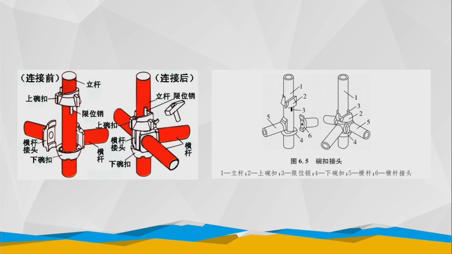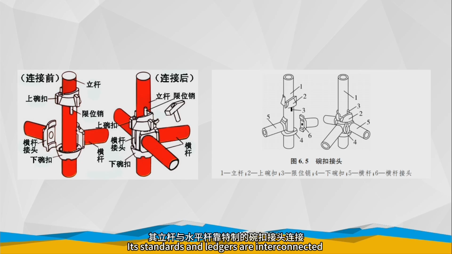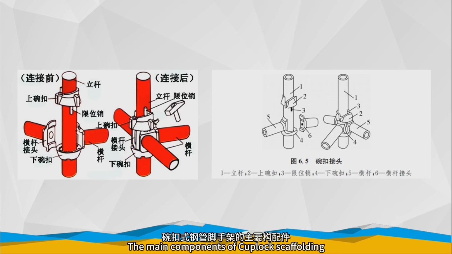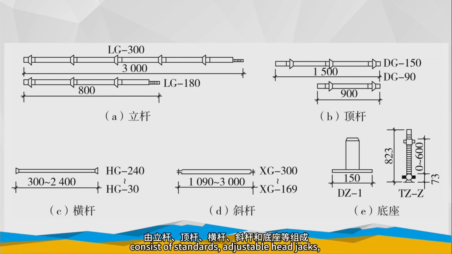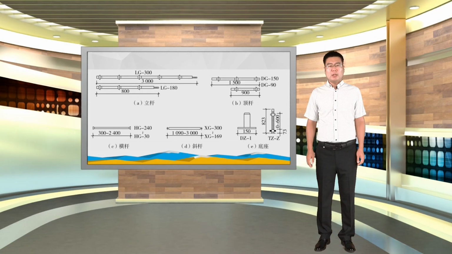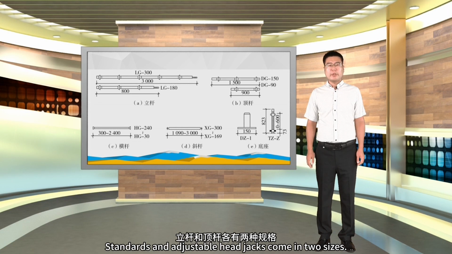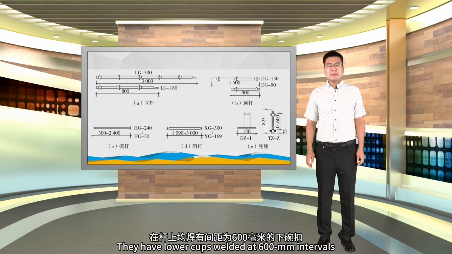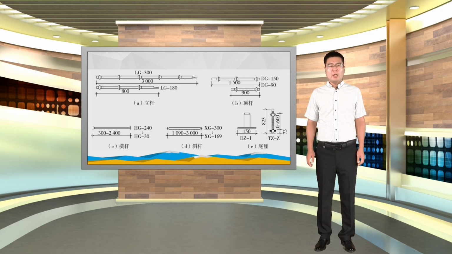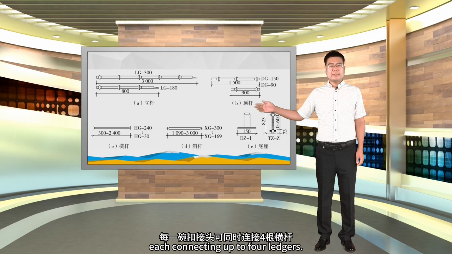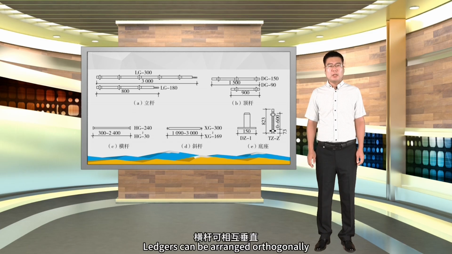Cuplock scaffolding. Its standards and ledgers are interconnected by proprietary cuplock couplers. The main components of cuplock scaffolding consist of standards, adjustable head jacks, transoms, diagonal braces, and base plates. Standards and adjustable head jacks come in two sizes. They have lower cups welded at 600 mm intervals, each connecting up to 4 ledgers. Ledgers can be arranged orthogonally or at variable angles,